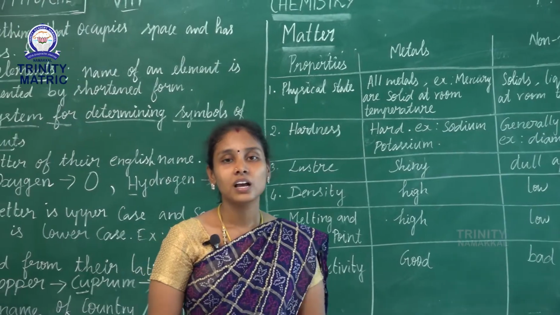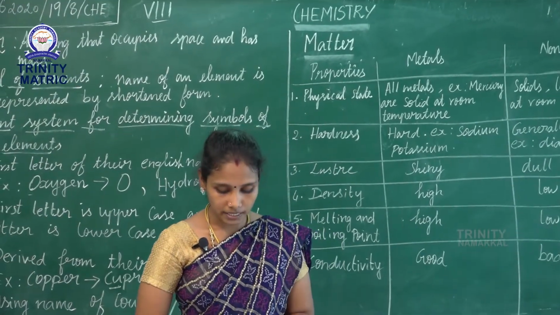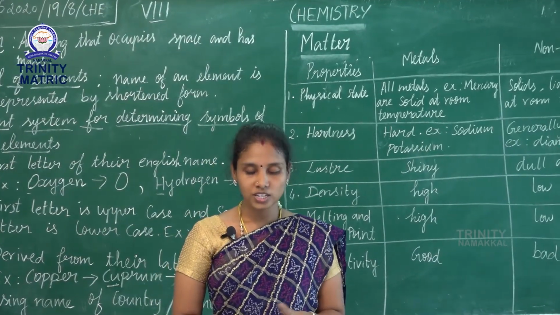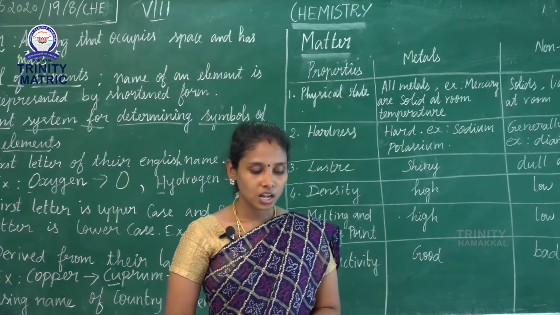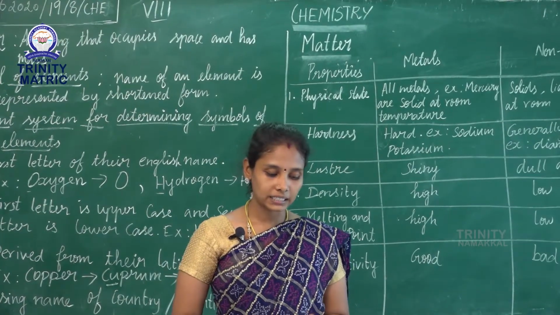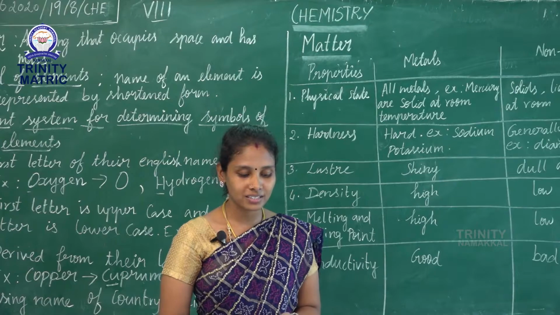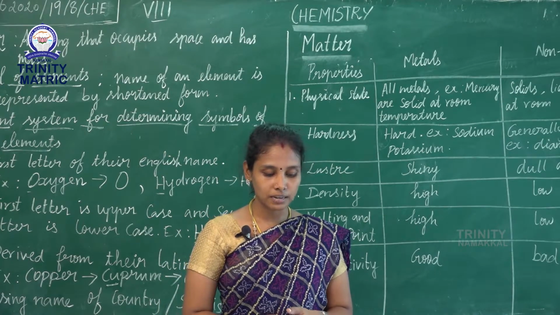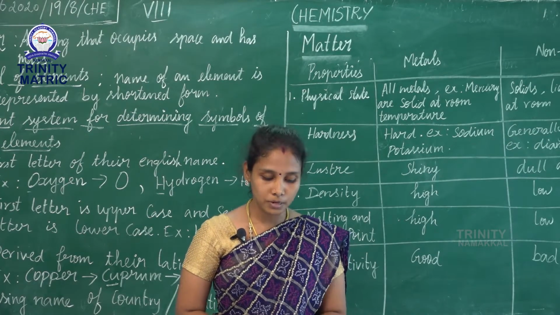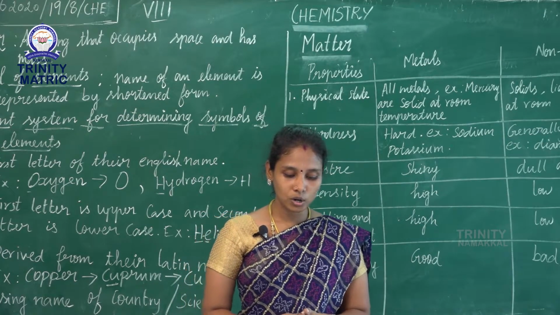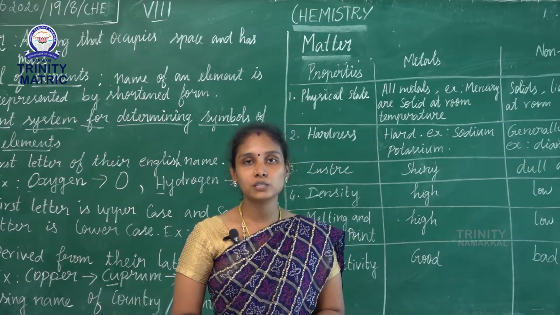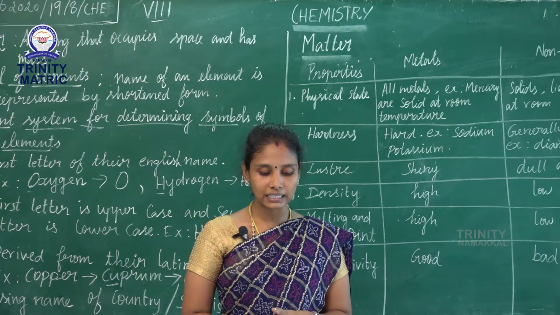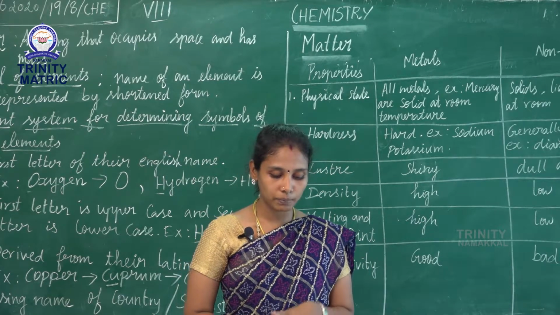Let's see the next, uses of metals and non-metals. Iron is used for making bridges, engine parts, iron sheets, bars. Copper is used for making electric wires, coins, statues. Silver and gold are used for making jewelry. Mercury is used for thermometers and barometers because of its high density and uniform expansion at different temperatures. Aluminium is used for electrical wires, cables and the airplane industry.